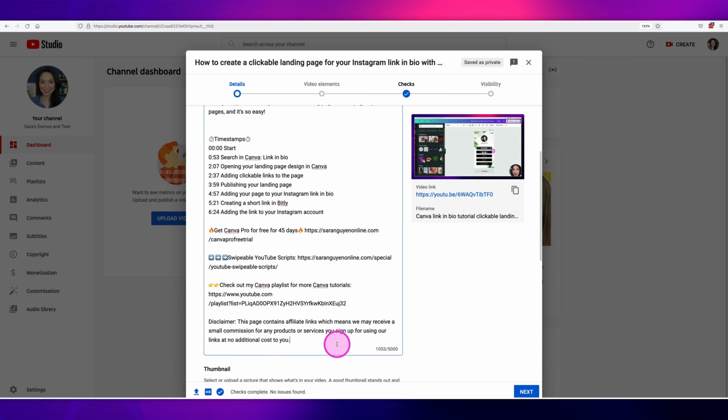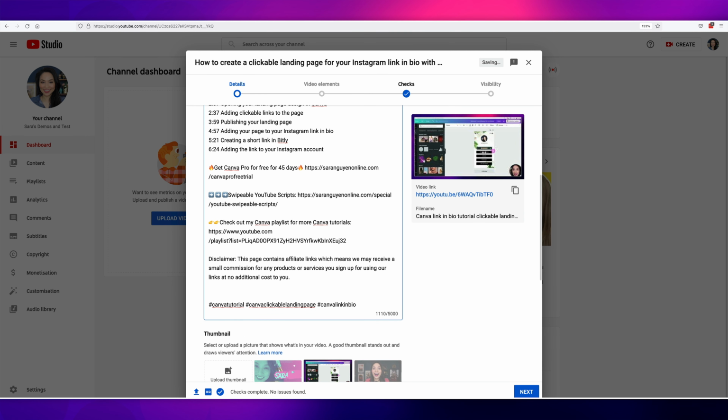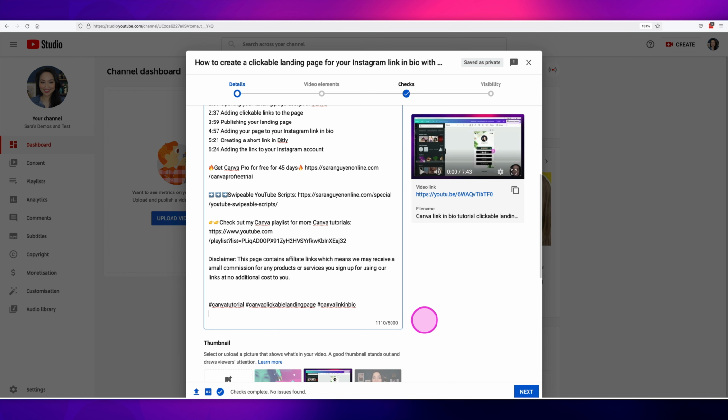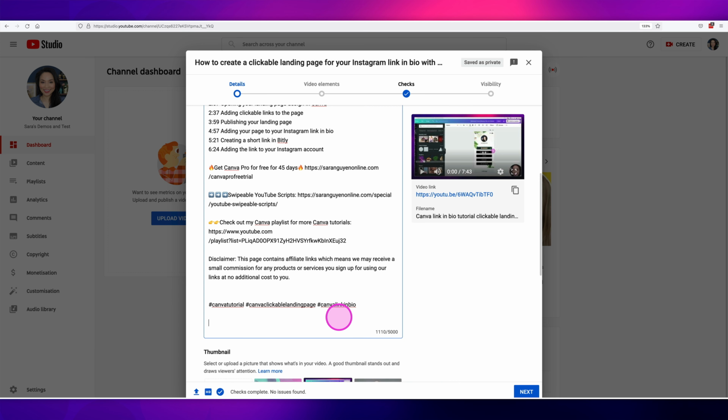Now, a couple more things that I recommend that you do add to the description section. And the next thing is hashtags. With hashtags, you can add a couple of related hashtags so that it can help viewers find your videos when they're searching using these actual hashtags. I just add them to the bottom of the description section here. And then the last thing that I recommend that you do is use this space really to add more of a description to tell the YouTube algorithm, to tell Google search what your video is actually about. You've got 5,000 characters here.